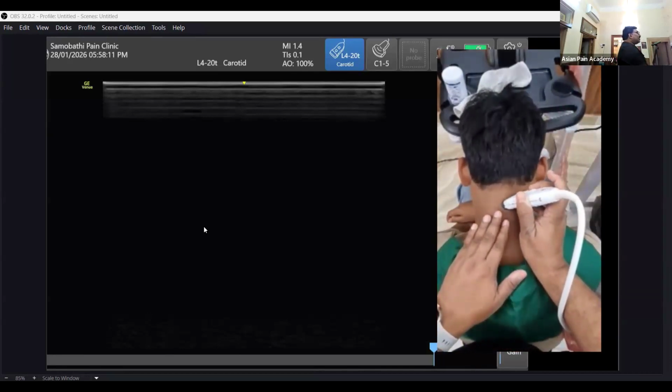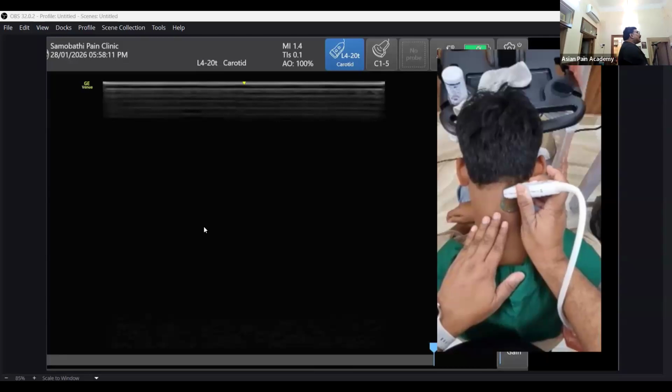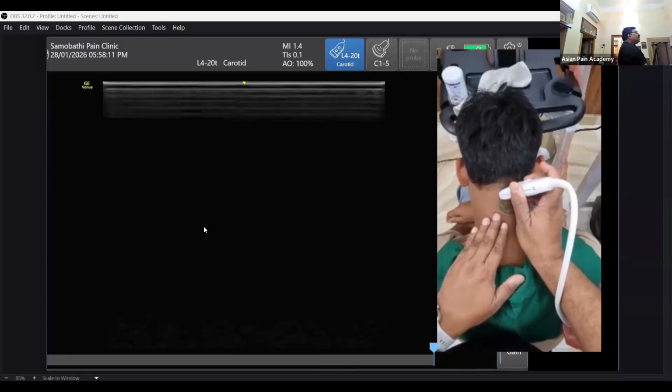So I am trying to see. Now just move a little up and down, and now I can see a muscle that is going in a